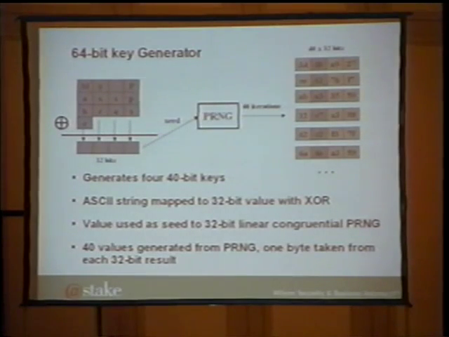The generator is used to generate 40 different values. From each of these 40 values, 1 byte is selected, and those are the boxes shown in green there. And this is used for the keying material. So in this example, the key would be F8, 61, A3, E7, C3, 8E, and so on.